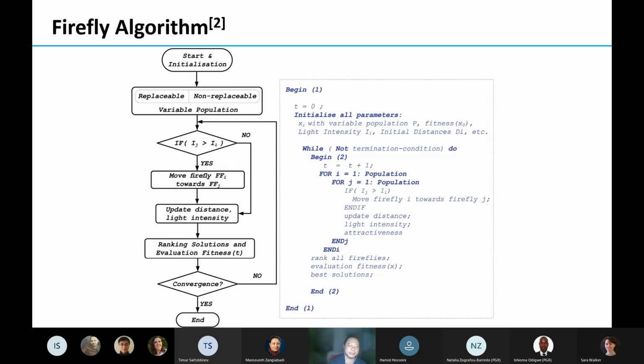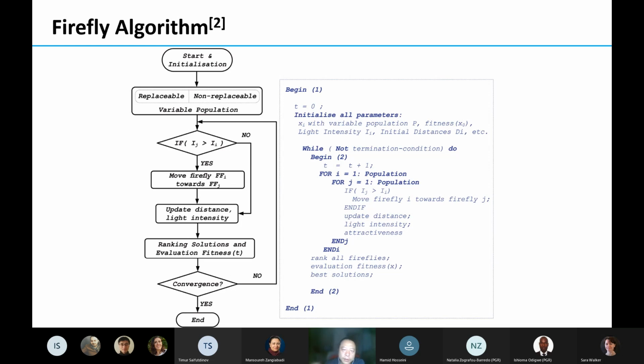Will that be easier to explain what the AI tool and the Firefly algorithm are? If you want to know more details, you can see the flow chart and the pseudo code. It gives the detail.